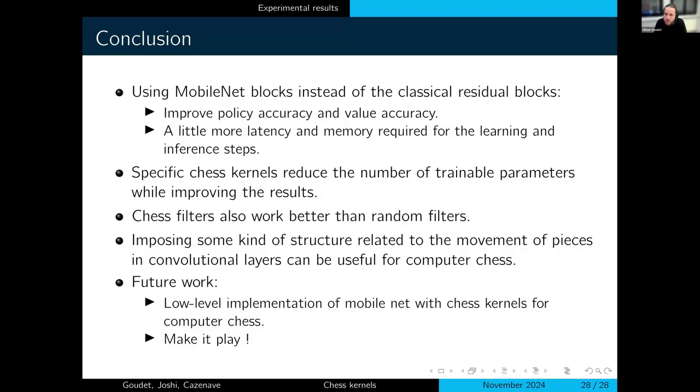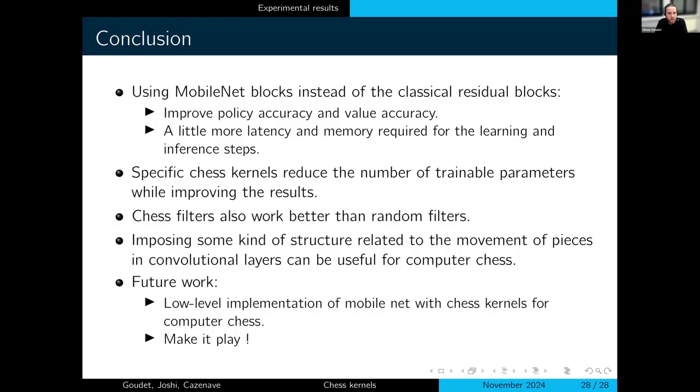Sorry, what did you see with? Did you try to make very large filters that are full board so you get the complete bishop or rook moves and not just the truncated? Yes, I tried also with 7 by 7 filters, but it was not better because using large filters is really slow. So it was not very good. But I also tried, yes, with the full boards.